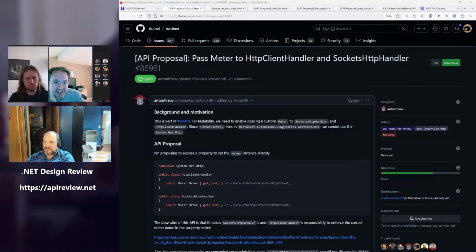For a lot of these things, I think of it from the perspective of, are we designing that API to be DI aware? Because being DI aware comes with this principle that you inject your dependencies. And if you want to obey that principle, then yes, you can inject a meter as one of your dependencies. But I also view it as the library author's prerogative to say whether they are choosing to adopt that principle or not. But there are tons of libraries that aren't DI aware, including HTTP client.